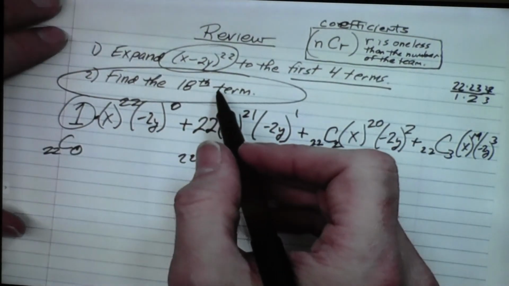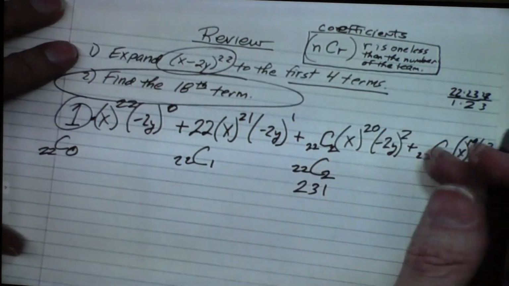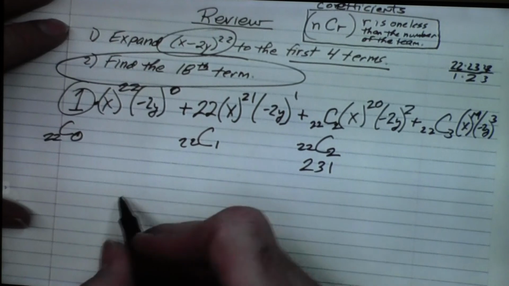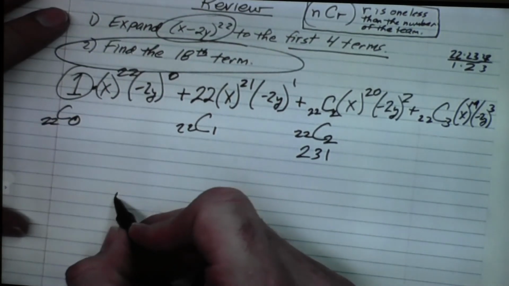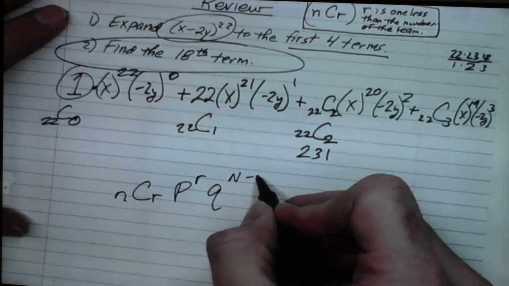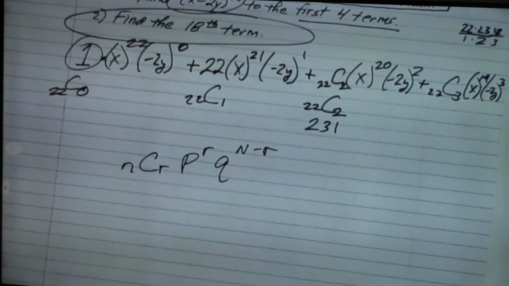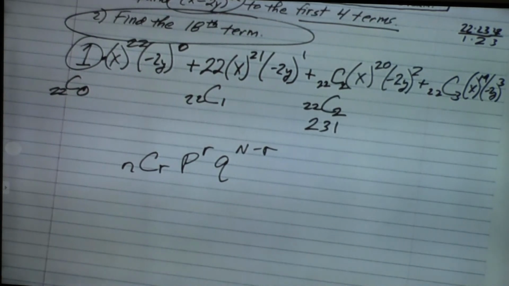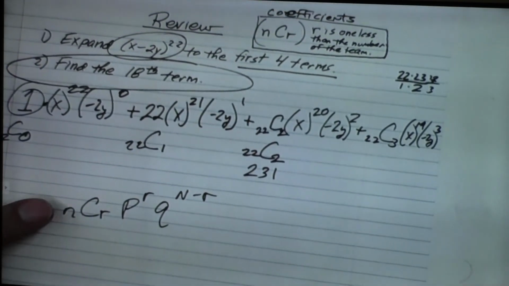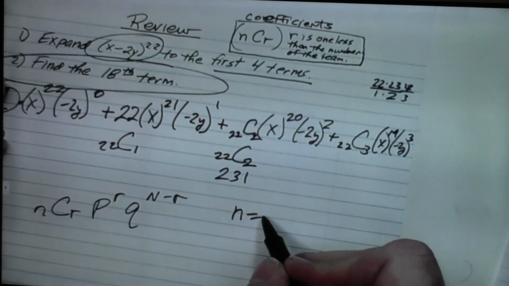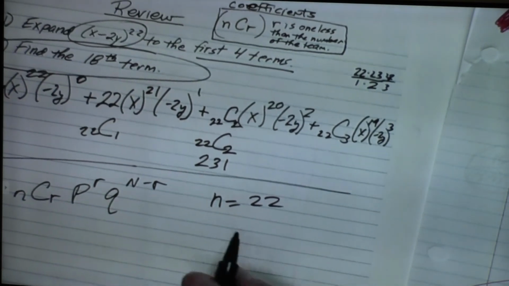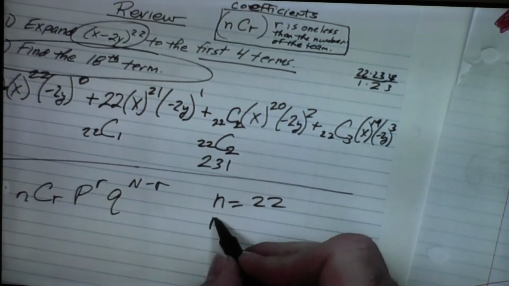To get the 18th term, we're going to basically set up one of these, but using this nCr. So here's the formula to use: nCr, p^r, q^(n-r). Notice we used that in that problem from the last section. So what we'll do here is determine in this one, the n of course is the 22, okay? And then we need to determine these other parts to it. The r,